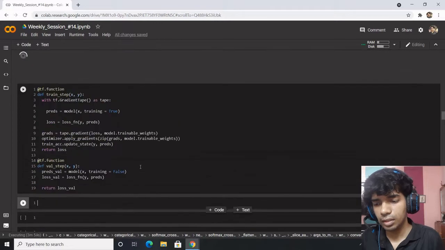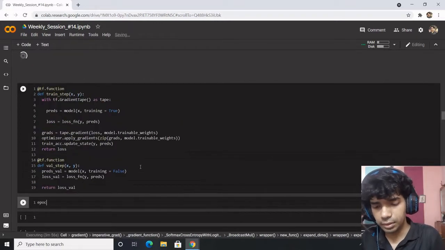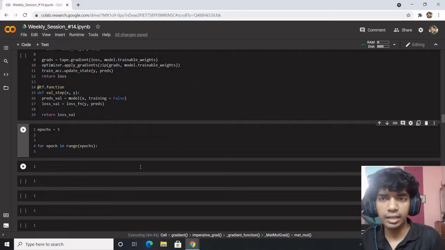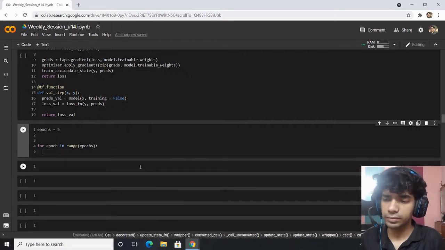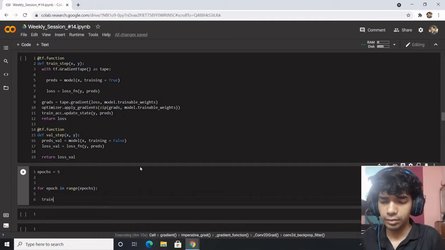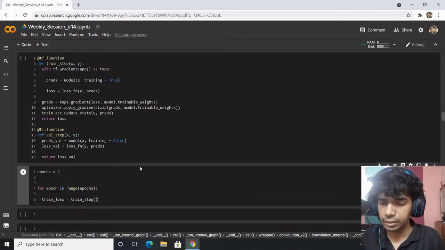Now let's do it again. Epochs equals 5, for epoch in range(epochs). What we have is train loss equal to train step, wherein I pass the data.